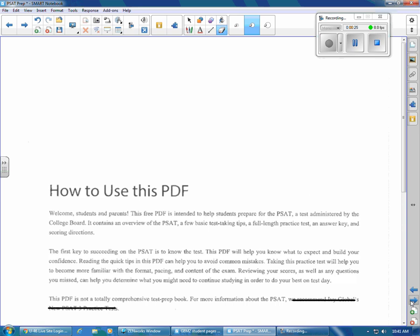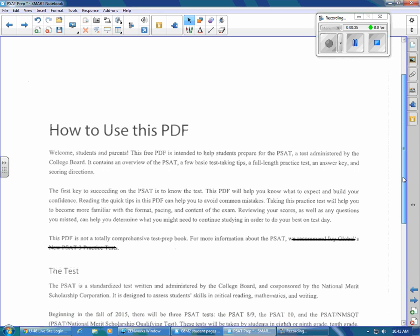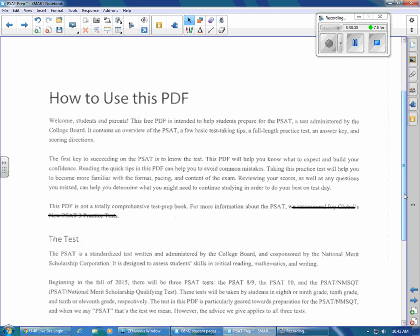We looked at a bunch of different resources and we thought this was actually a pretty decent one. However, in it they recommend that you buy things, and we are not recommending that at this point in your career. I would suggest sticking with all of the free resources if you're going to try to prep for the PSAT. And actually I wouldn't even suggest prepping beyond what we're doing together, because this is the first time you're